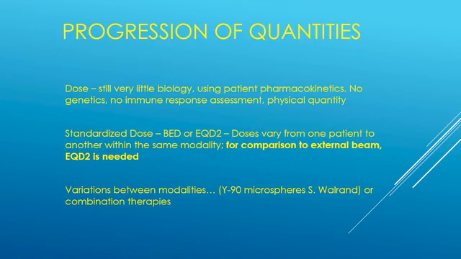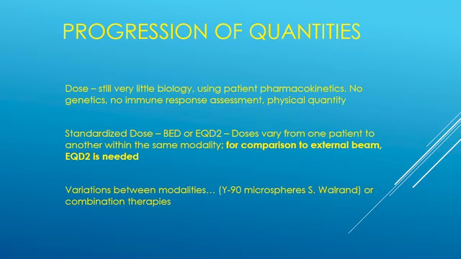So one of the things we need to understand, of course, is that there's a lot of biology going on here. Dose is the physical quantity, but there's no biology in it. And this is more of an issue in radiopharmaceutical therapy. We know that in external beam, dose given at 2 gray is not the same as dose given at 3 gray or at 4 gray, and there's the Withers formula for going from one to the other to figure out the equivalence. In radiopharmaceutical therapy,